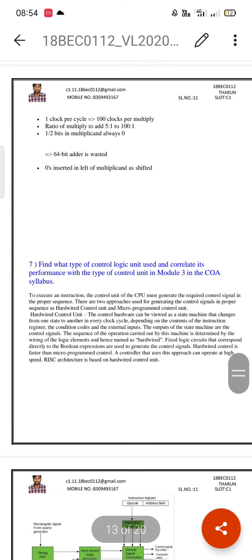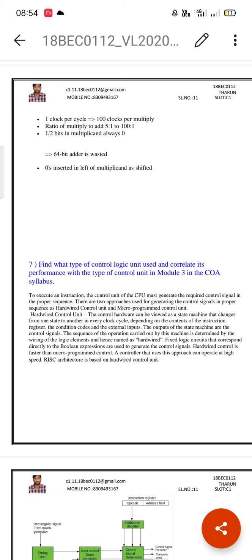And the seventh question is: find what type of control logic is used and correlate its performance with the type of control unit in Module 3 in the COA syllabus. To execute an instruction, the control unit of the CPU must generate the required control signals in the proper sequence. There are two approaches used for generating the control signals in proper sequence: the hardware control unit and the microprogrammed